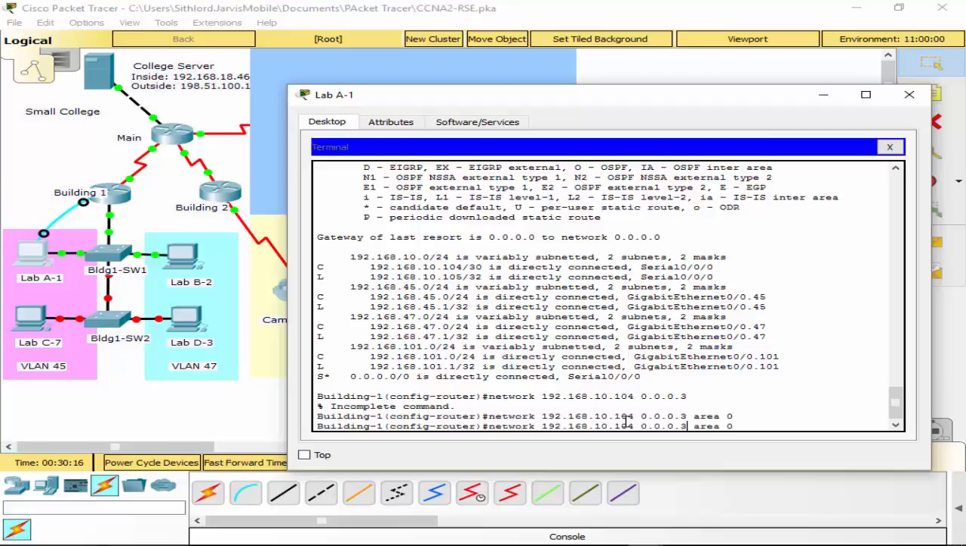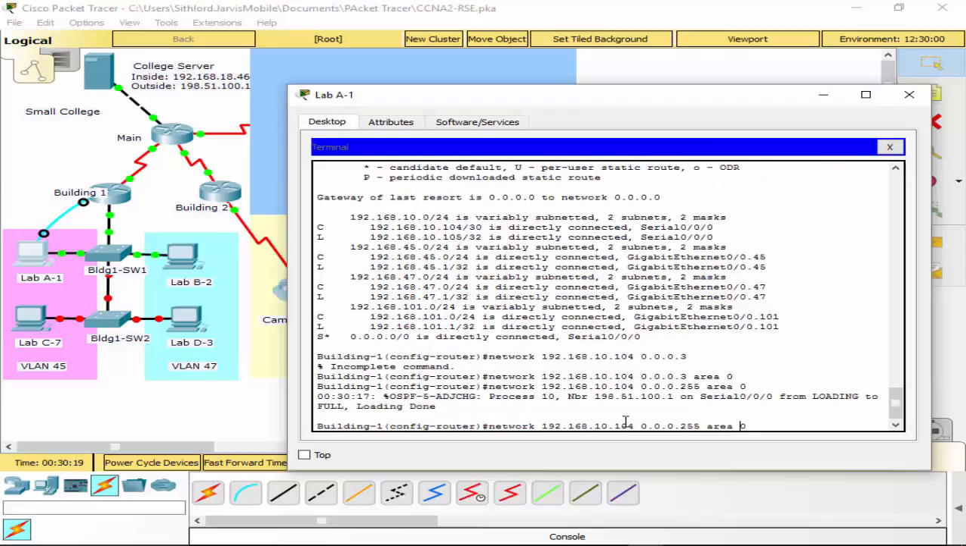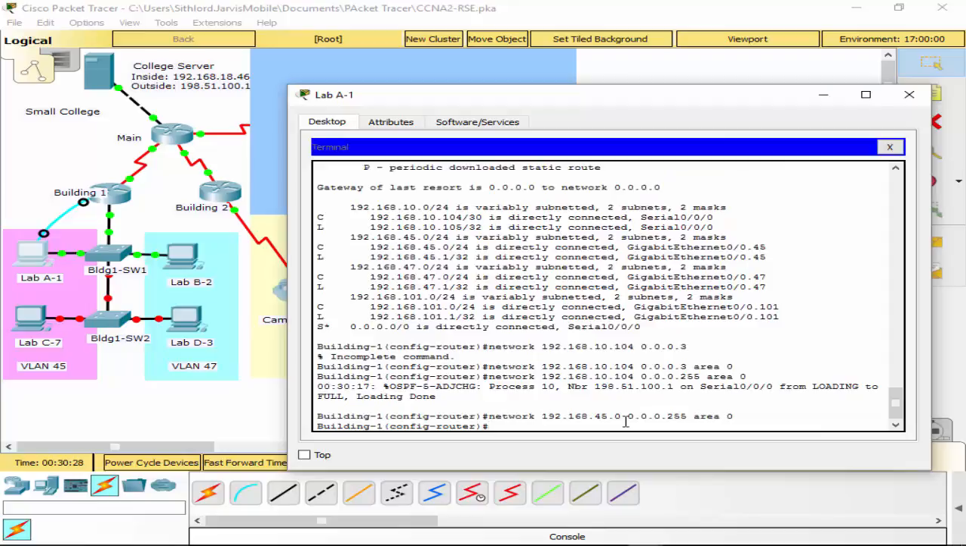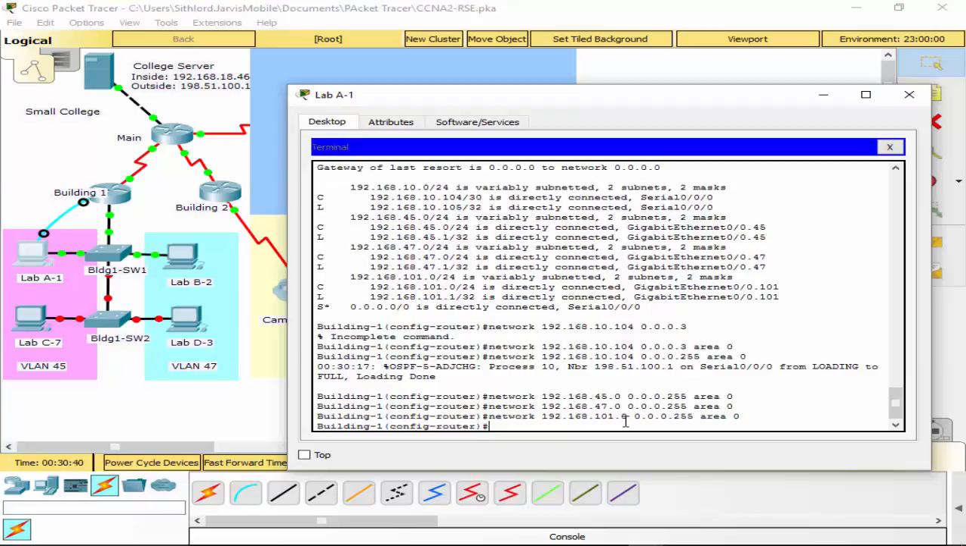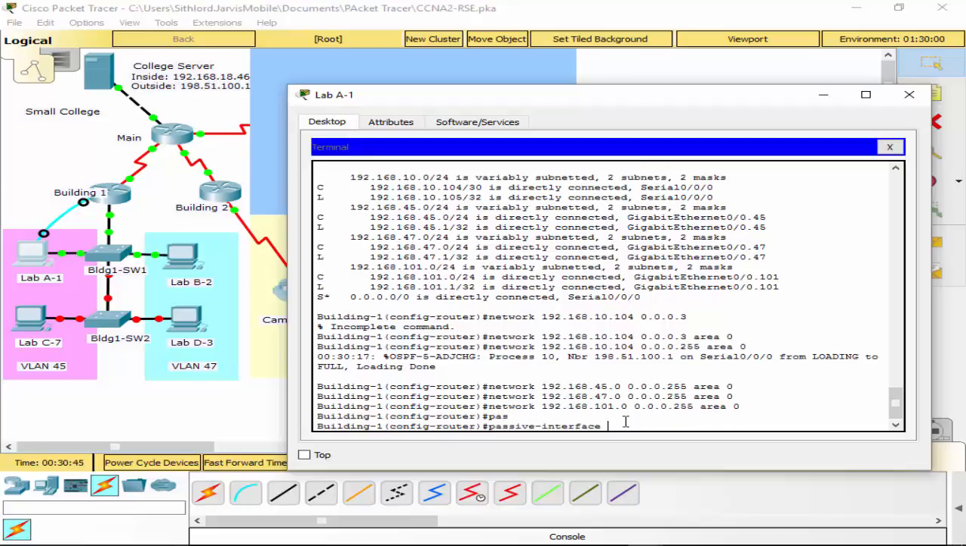Next one's /24, so put 255 on it. And see how that just went down? That's because we have logging synchronous on there. Next one is 47. And the next one is 101. I know they're going to tell us to shut these off, so I'm going to say passive interface G01, no G's,